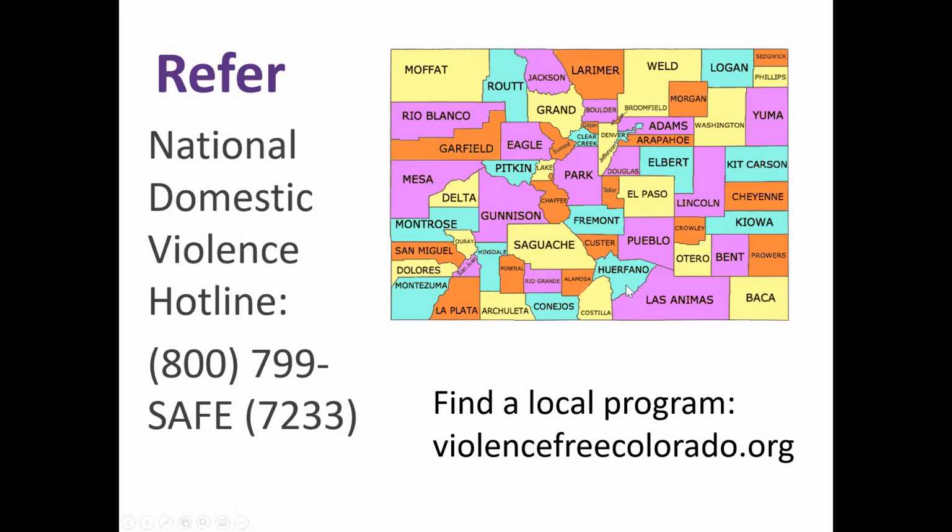And especially in the metro, we see folks who live in Denver, but they're receiving services from the Aurora program because that's safer for them and they're less likely to run into their abuser in Aurora, or vice versa. The location shouldn't stop somebody from calling if that is the best spot for the survivor to receive services. And so either of these would count as your warm referral for the domestic violence mandatory reporting law. They're great resources to have.